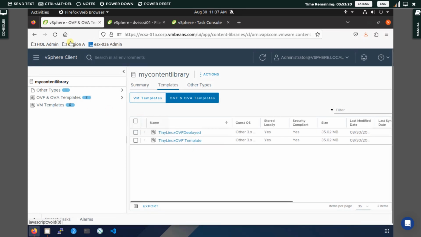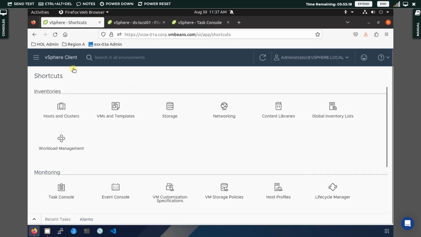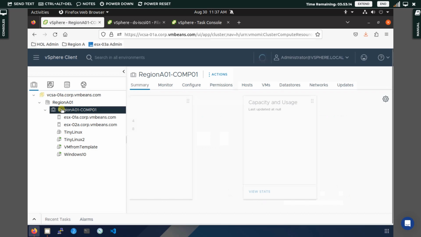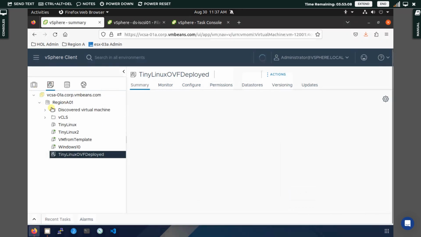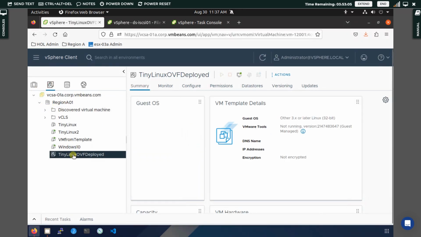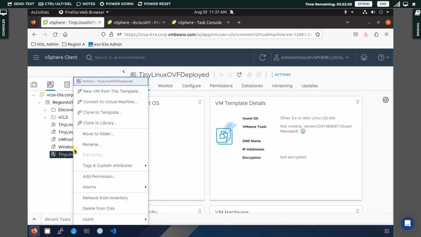Okay, so let me take you to the host and cluster. Click over here on vSphere client, click on host and cluster, and come over here on this page. So guys, what we are going to do over here is, I have a template, the tiny linux OVF deployed template I already have over here. So guys, we are going to convert it to a virtual machine. Now guys, see,